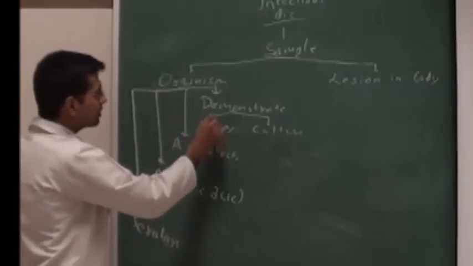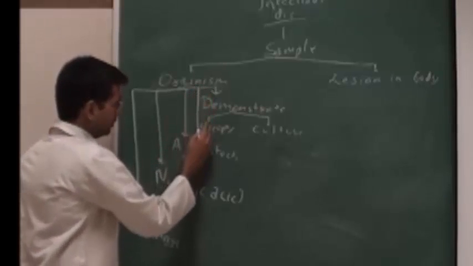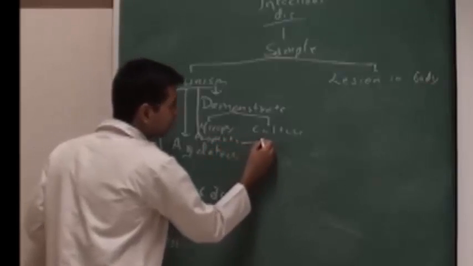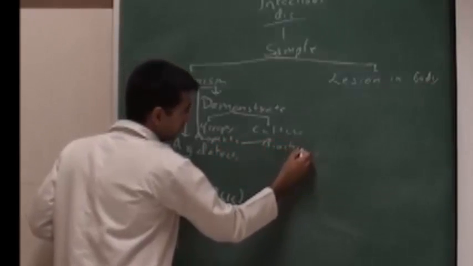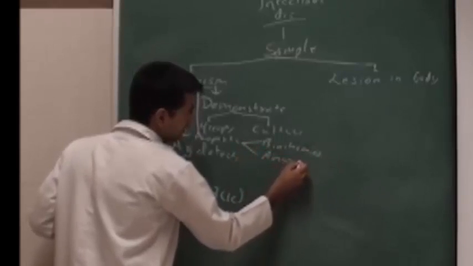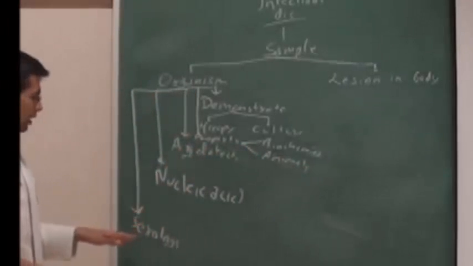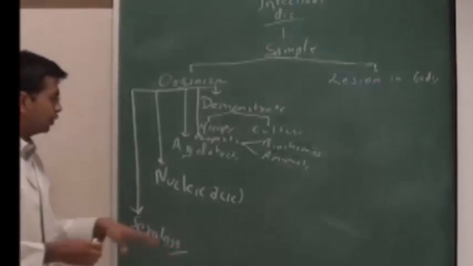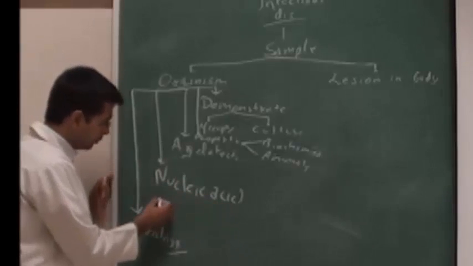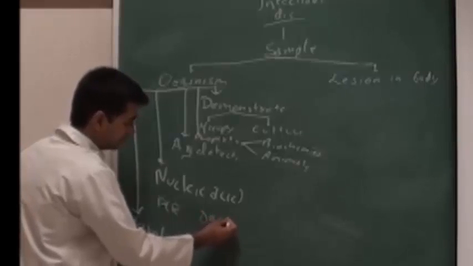Another thing which I forgot to mention was, you can demonstrate either the organism or you can demonstrate the property of the organism. Property would include biochemical, effect on animals, and so on and so forth. Now, it is very well known to us that for nucleic acid testing there are some 3 methods that can be used all the time. That would be either PCR or DNA probe hybridization,